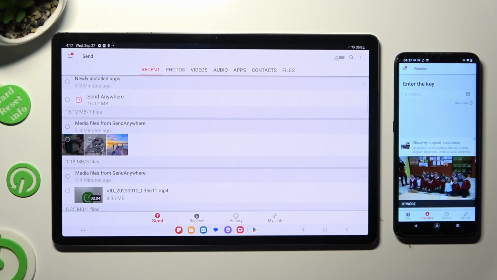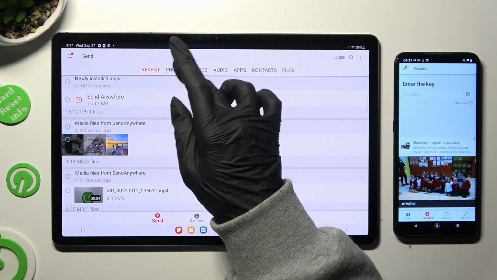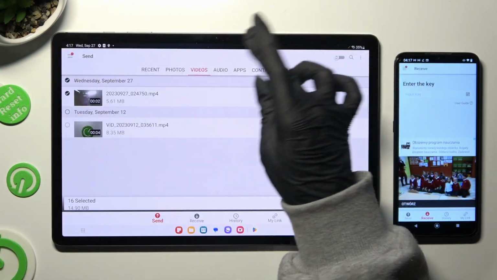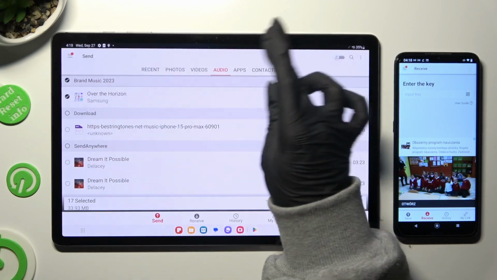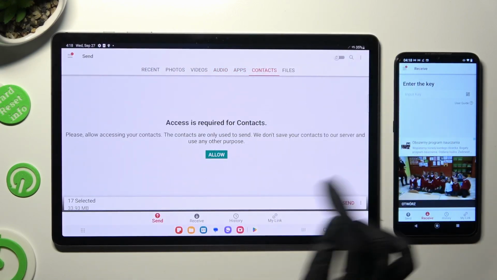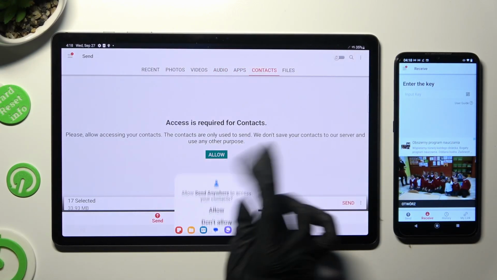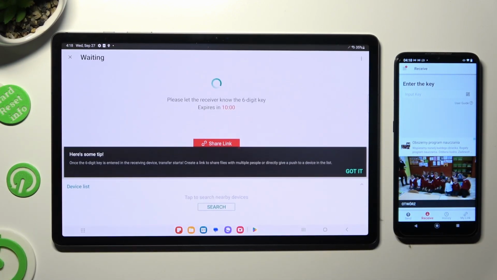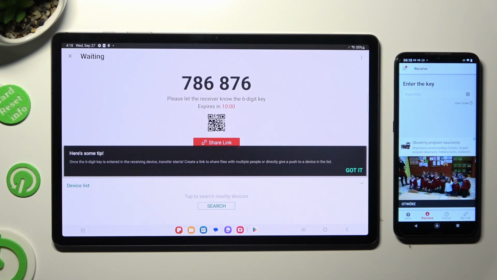Also on Samsung, thanks to all of those categories available at the top, you can choose all of your files that you wish to send. When you finished, just hit Send next to Selected at the bottom. Then click on Got It in Here's Some Tip pop-up